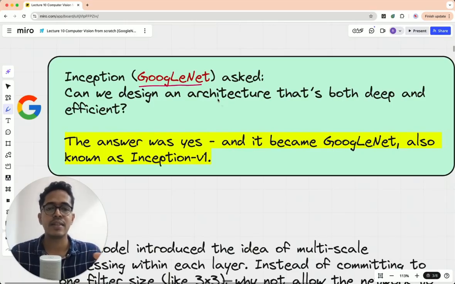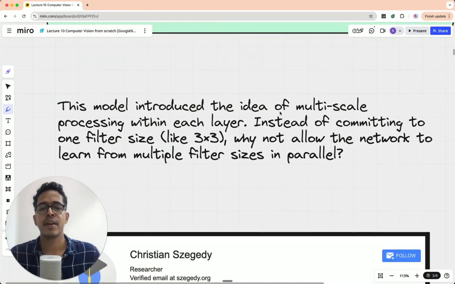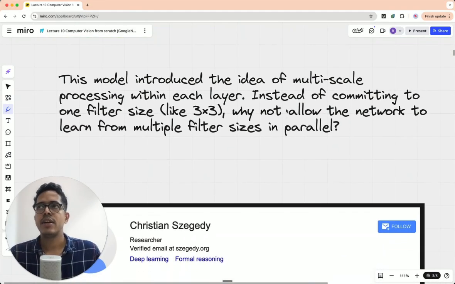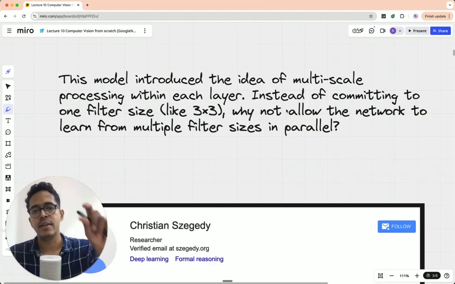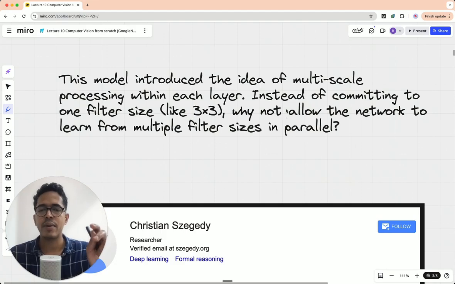So the answer to this question was GoogleNet, what they proposed in 2014, 2015. The basic idea was, instead of just looking at 3x3 filters, they used multi-scale filters within each layer. I'll show you exactly what this means while showing you the architecture of